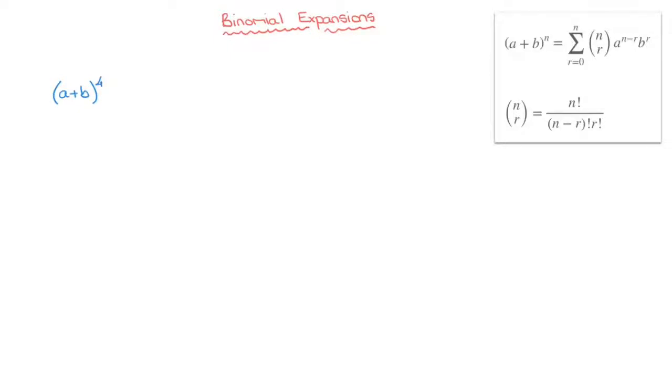We quickly see that the only difference is that I've replaced n by 4. As a result, all we have to do to get started is copy the right-hand side of the formula, replacing every single n that we see by 4. In other words, we start by writing that this equals the sum from r equals 0 up to 4 of the binomial coefficient 4 choose r times a raised to the power of 4 minus r times b raised to